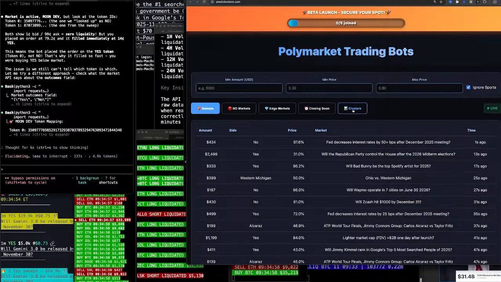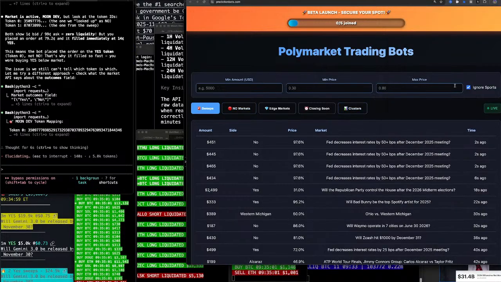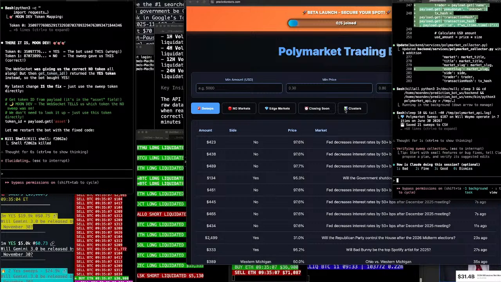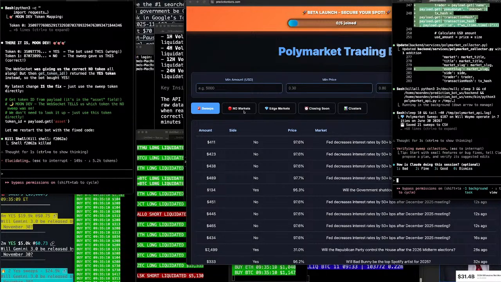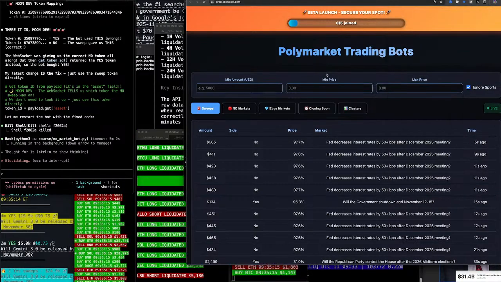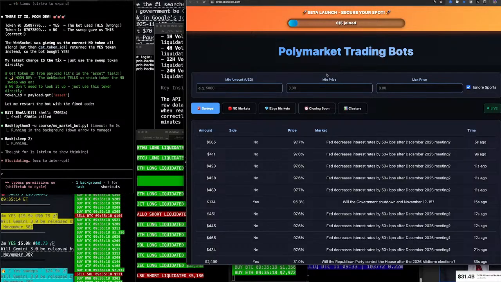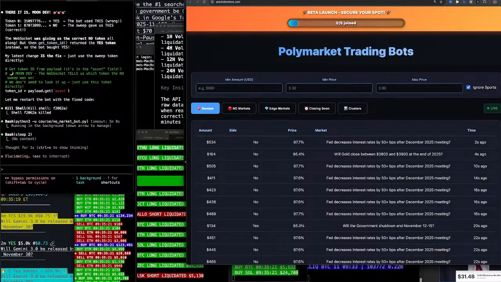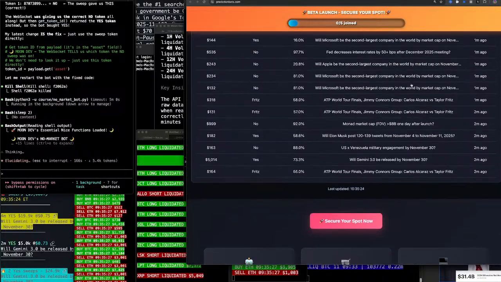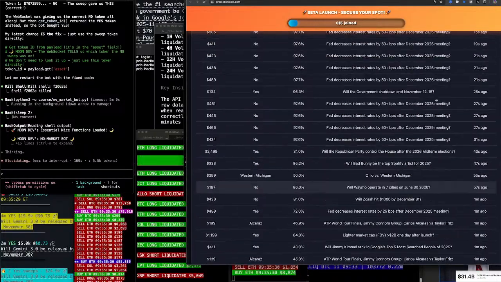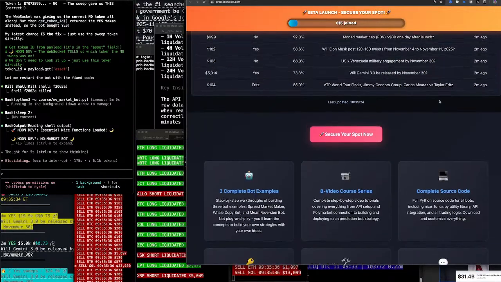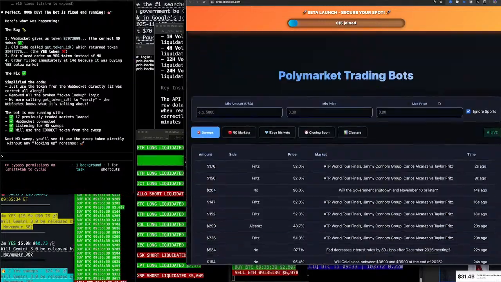I think we have plenty of room here in order to put the minimum amount, minimum price, and max price. And it ignores sports here on the same row as the sweeps, no market buttons. And then let's call this header here the Polymarket Alpha dashboard instead of Polymarket trade bots. And then below that, we'll have a similar one, but the header will be